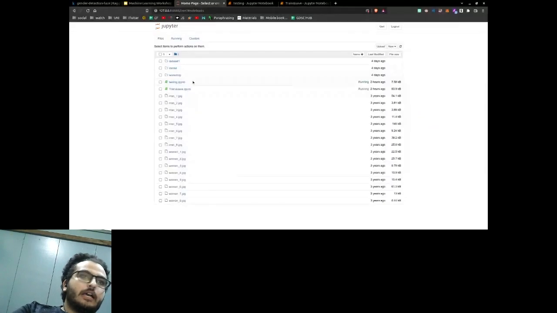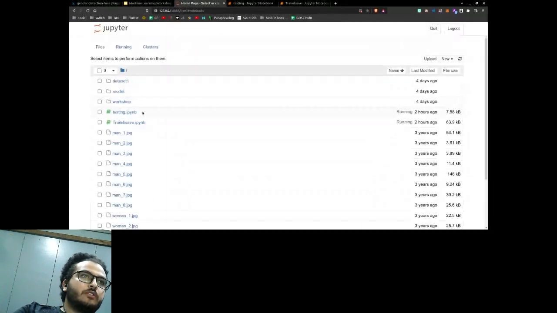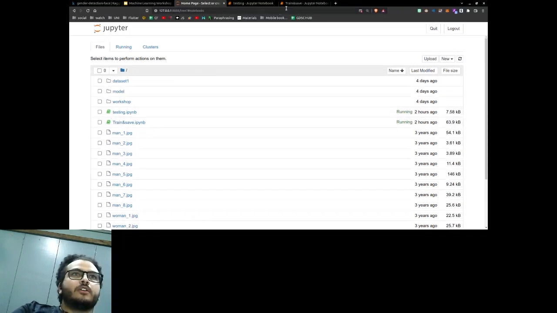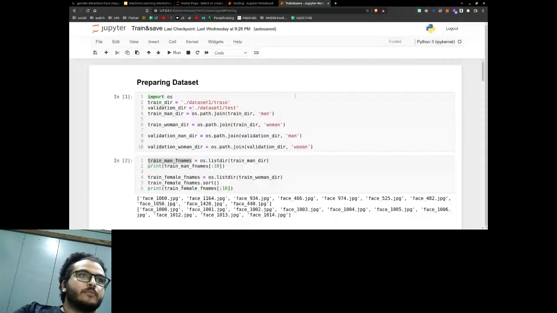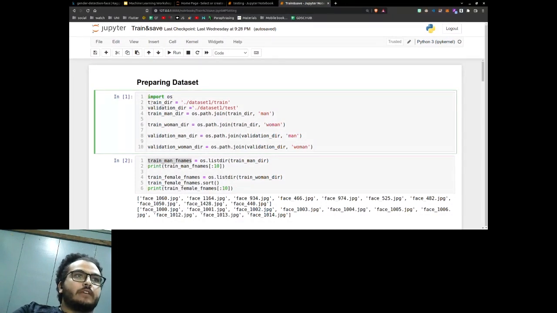So here I have two files, which is the train and save, and then we have our testing. So for the train file, just go up. We start by importing our data set or adding it in. So first of all, we have in our data set